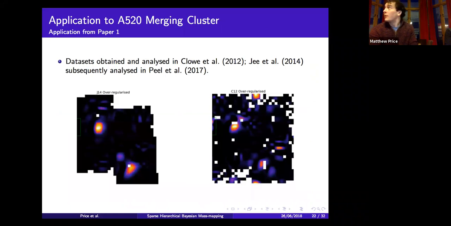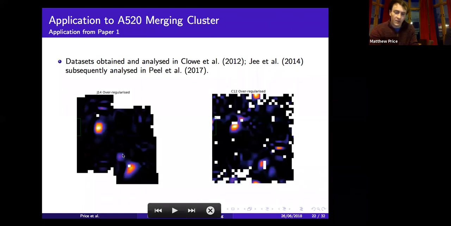As a final thing for the first paper, we applied the technique to the A520 merging cluster. So we got these reconstructions. They agree well enough with other reconstructions. We tried to determine using these tests whether or not these two peaks were physical. So we determined that jointly they're physical, but these data sets are too noisy that in this particular setting, you can't determine the physicality of any of these local structures. Certainly not this small intermediary peak that was the discussion of the papers in Clowe et al. 2012 and Jee et al. 2014.